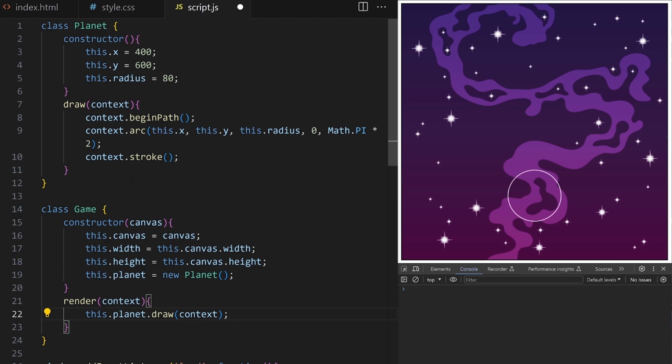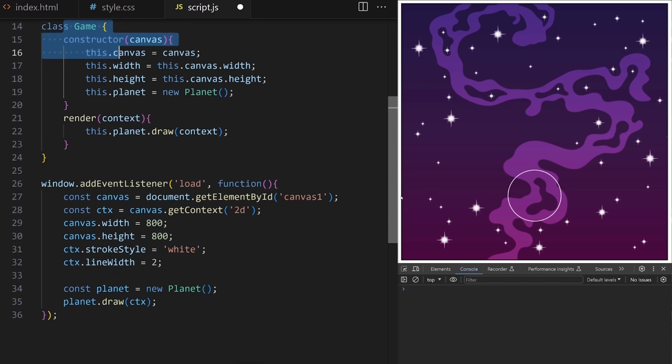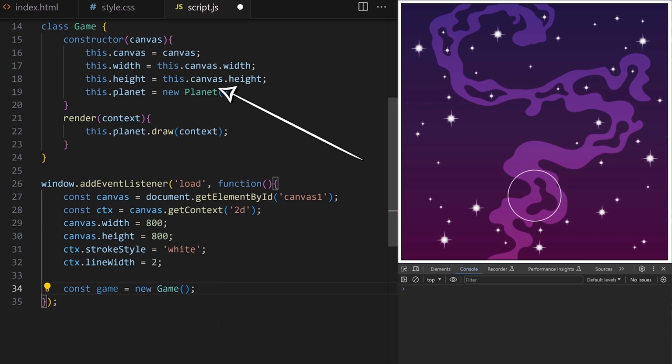So now we are taking this planet class and we are instantiating it inside the game class constructor. I can delete these lines and instead I will create an instance of game class. It expects canvas as an argument, so I pass it canvas from line 27. Through that, game will now have access to width and height properties of canvas, and width and height of game is automatically set to 800 times 800 pixels. I can take that game variable from line 34 and I can call render method from it. We defined it on line 21 and we can see it expects context as an argument, so I pass it